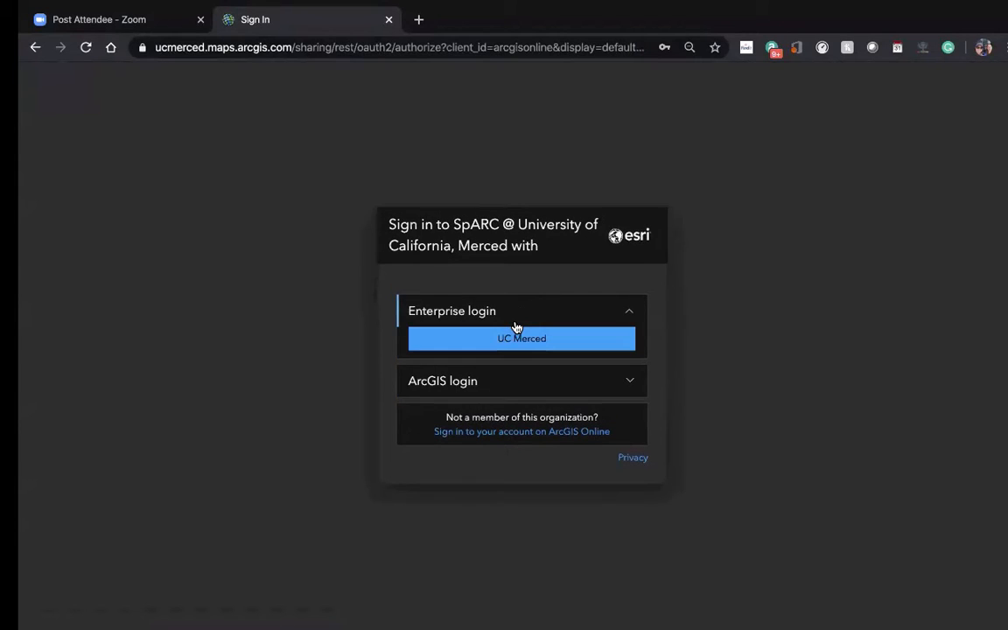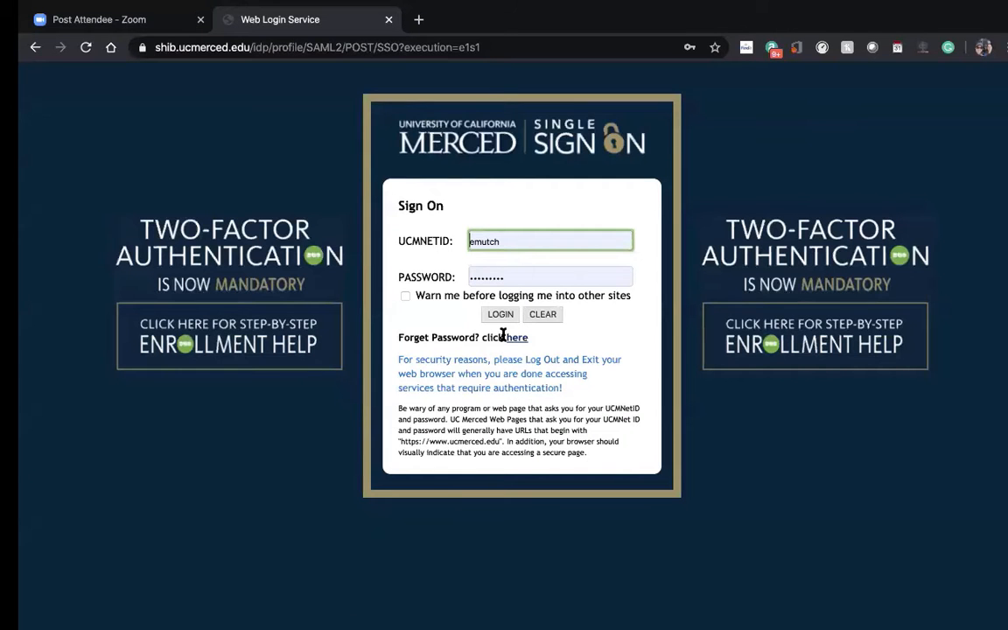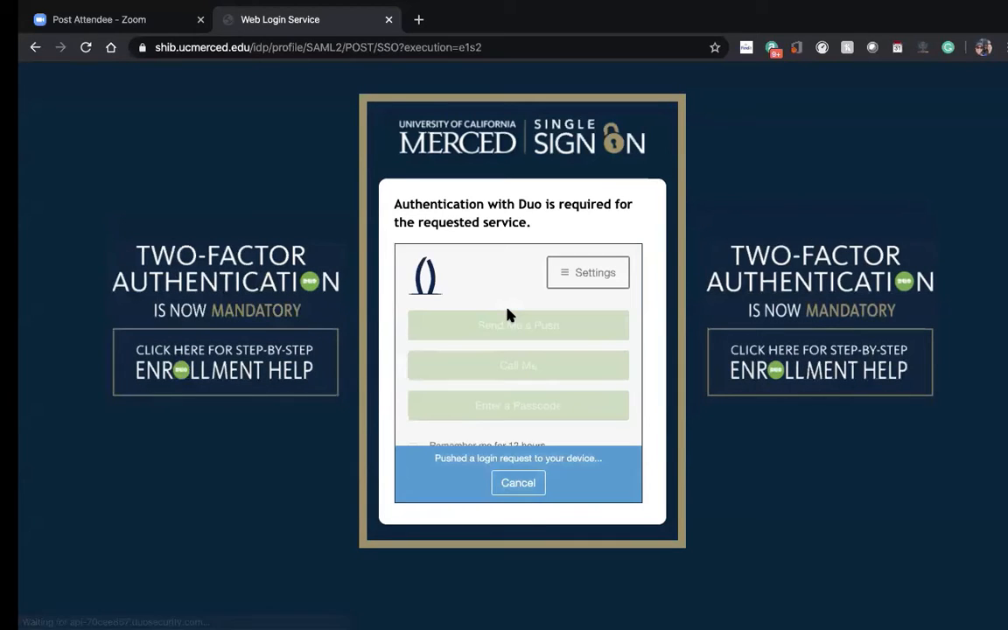But we want to do enterprise login. Why? Well, I think we're all familiar with single sign-on, and all you need to do is a single sign-on with your UCMnet ID and password. I remember doing this in a live workshop, and everybody did this, and their phones all did the Duo, bloopy bloop. Here we go, I'm going to approve. And once you're approved,